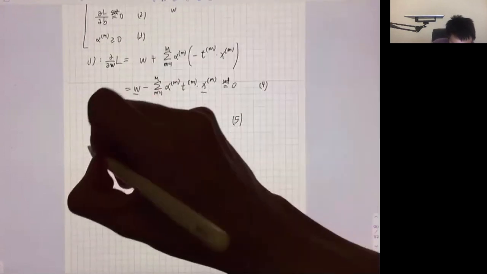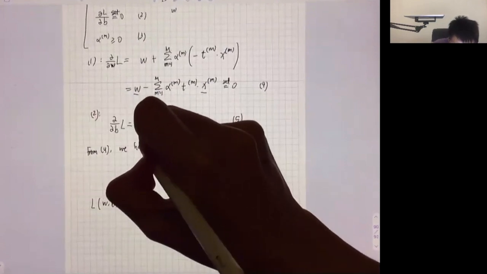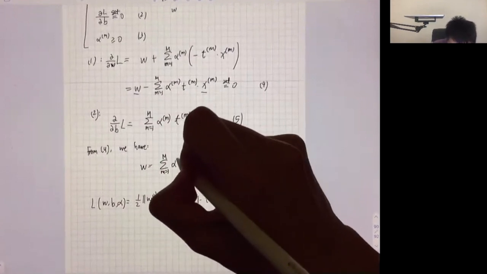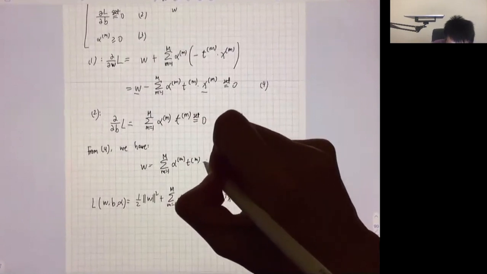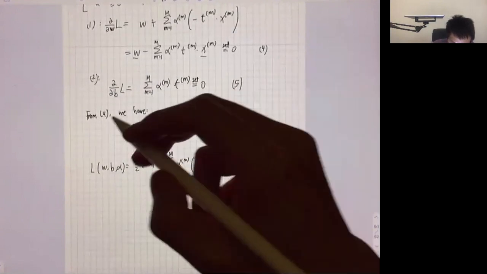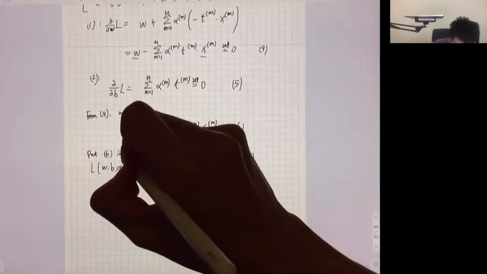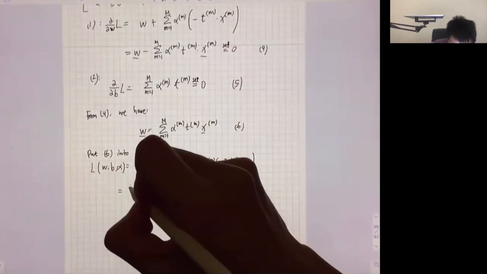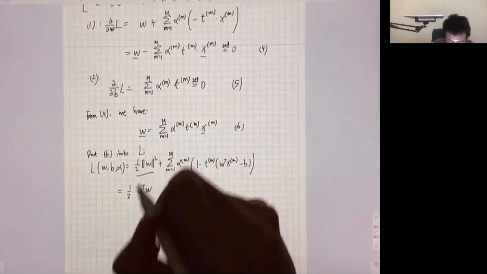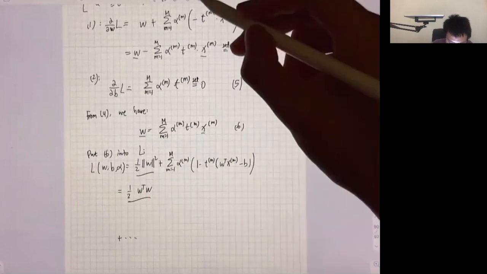So the plan is, from 4, we have w equals the summation over 1 to M of alpha_m t_m x_m vector. Then put 6 into the Lagrangian. This is half w transpose w. I'm only considering the first term at this moment. It should be plus something, which I consider later. W transpose w is,